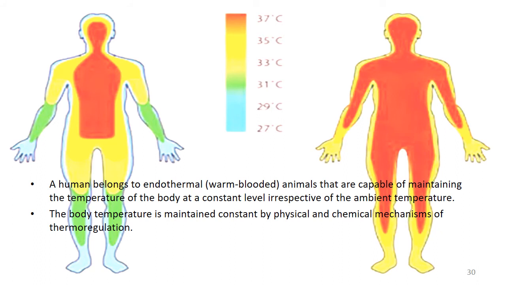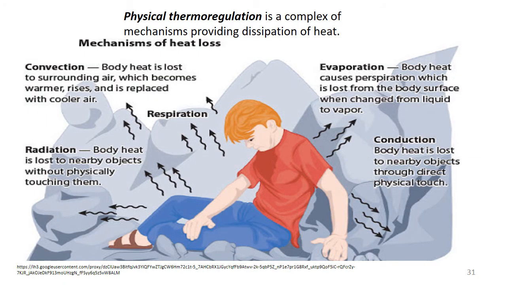Non-contractile thermogenesis is realized by exothermal metabolic reactions in skeletal muscles, liver, heart, kidneys, gastrointestinal tract. Physical thermoregulation is a complex of mechanisms providing dissipation of heat. Physical mechanisms of heat loss are convection, radiation, evaporation, conduction,